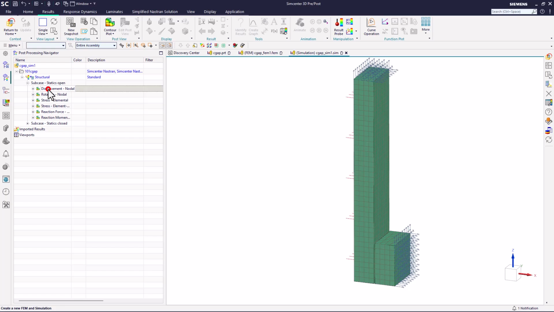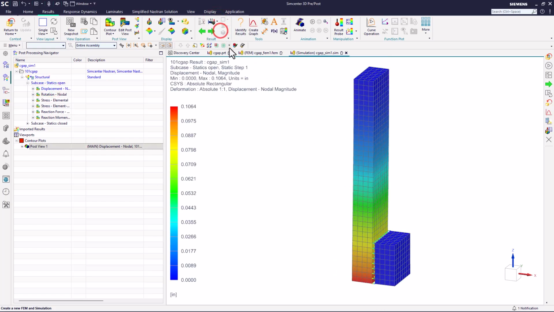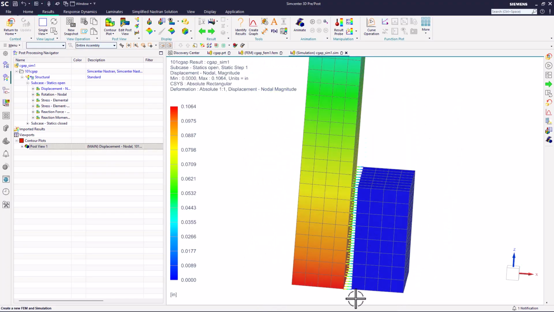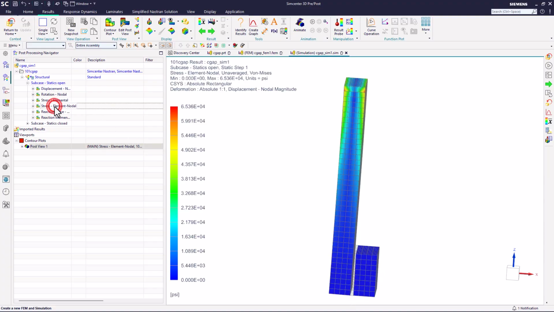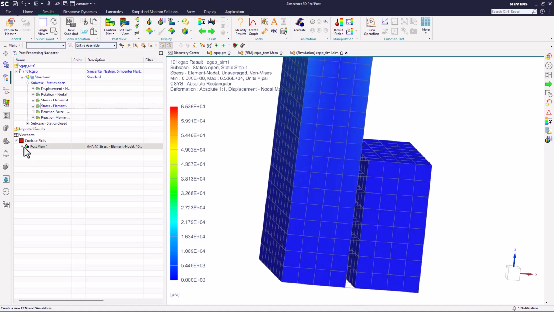So here we have our two subcases. The first one is pushing them apart. Let's change the deform view to be 1-to-1 so we can see the actual displacement that it's pushing it apart. And next we'll take a look at the stresses in the part. Here you can see there's a lot of stress in one of the blocks,